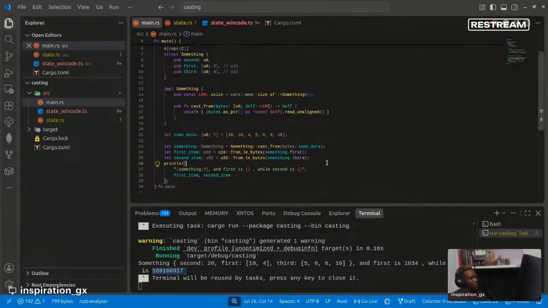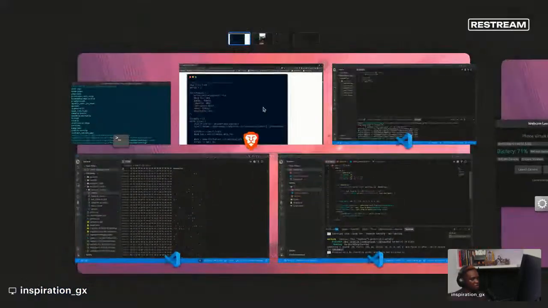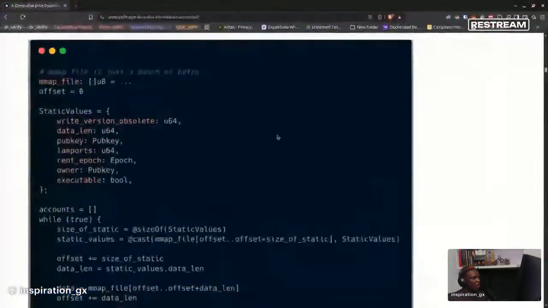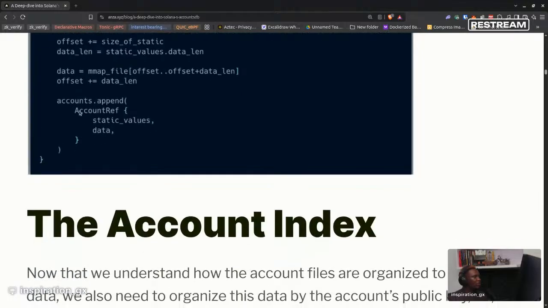So you understand what we're aiming for. So that's something similar to what this is doing. It casts the bytes that it read from mmap, and it knows what we want to read it as, then basically just appends it